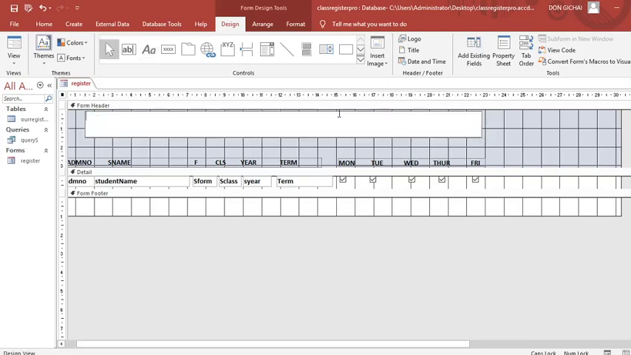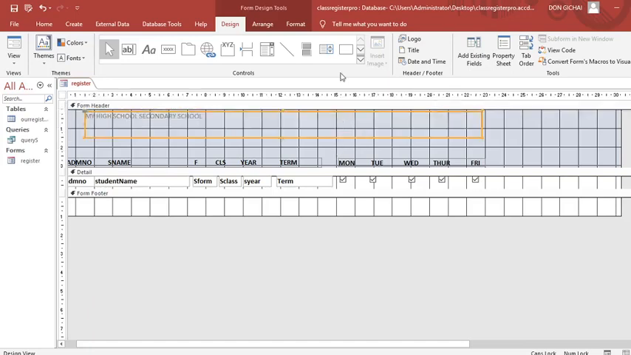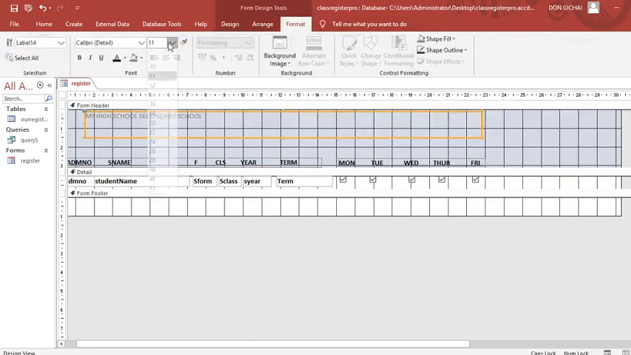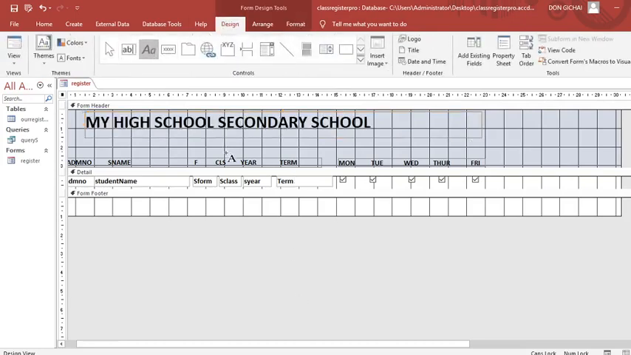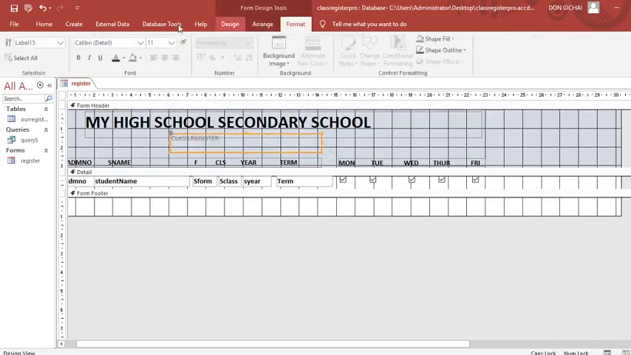You can write my high school, secondary school. Then we go to this point, give it some color. Then you can also write here that this is the class register. Then go format